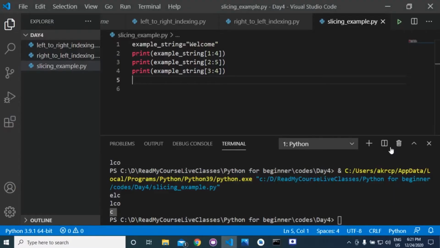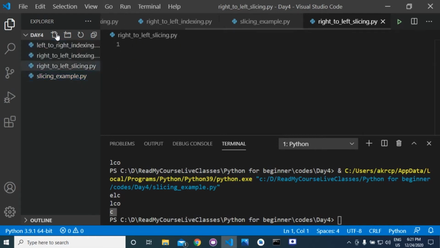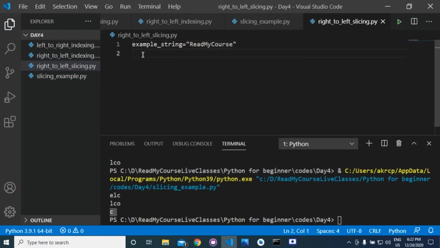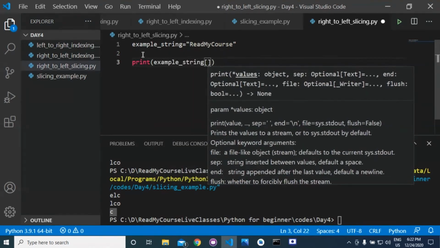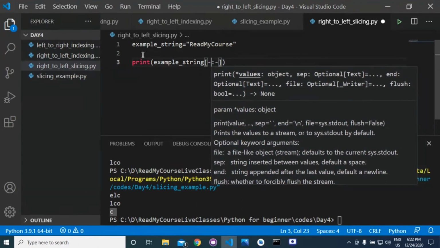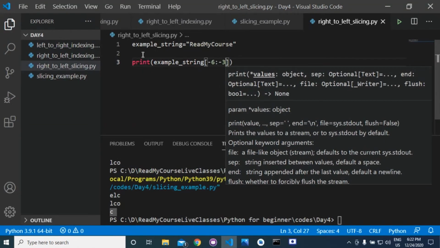So I'm giving you an example of it, right to left slicing. Suppose we have example string equal to read my codes. If we slice like this, print example string -6 to -3.